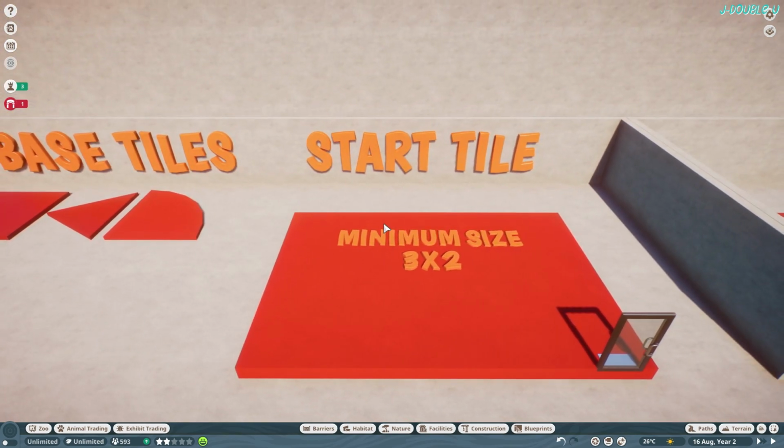And I know what you're thinking. Oh my god, triangles. We don't have triangular grid pieces in the game. And that's true. We don't. Not yet. So the Aviary could then be expanded,